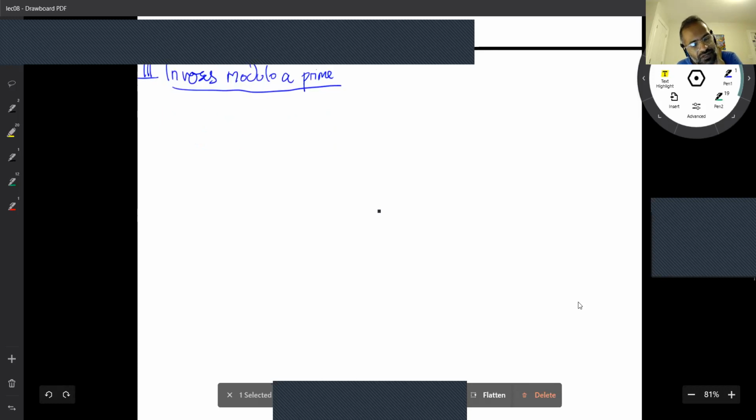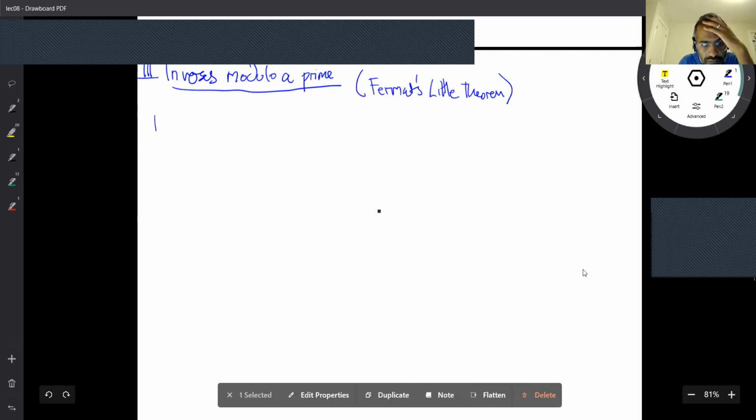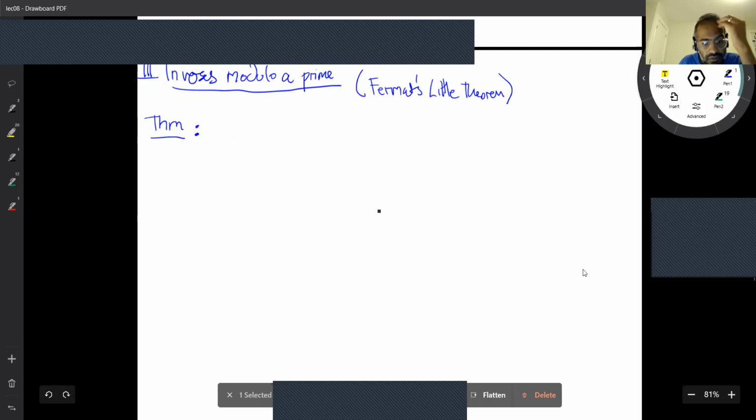Maybe it's one of the real highlights. This is called Fermat's little theorem. And here's the theorem. It says if P is prime